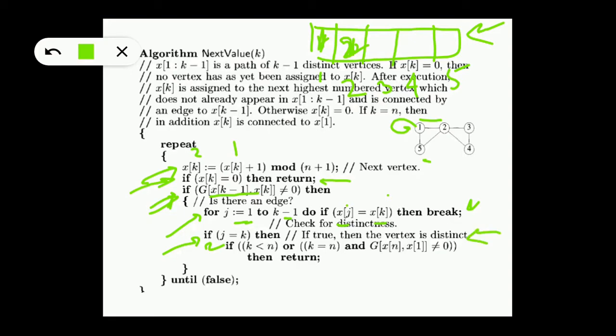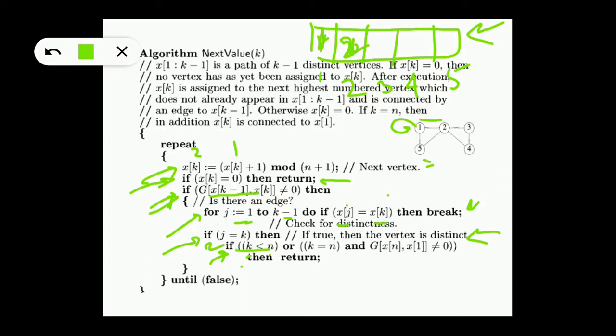So in that case, you check the next set of conditions, that is if the vertex k is less than the last vertex, right? That is if vertex k is how much? It is 2. 2 is less than, total number of vertices are 5, right? So 2 is less than 5, so it is not the last vertex. Therefore, we again move on to finding the next vertex. Or the condition could be,